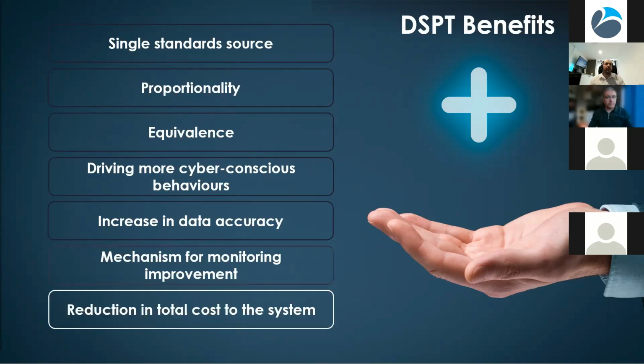And ultimately, it's the reduction in total cost of that system. It's only a 1 year overhead, so you have to do it annually, but once you start that process, it doesn't take up much time to do. And compared to a lot of the other security standards and frameworks out there, it's relatively straightforward to complete. Now, I mentioned the proportionality of that